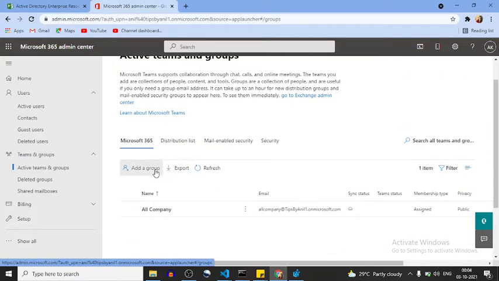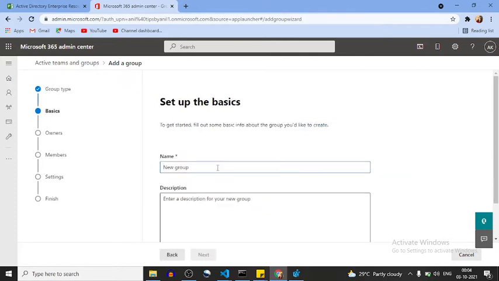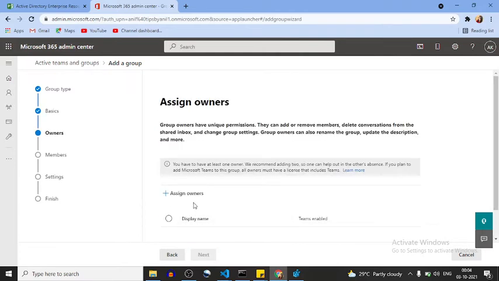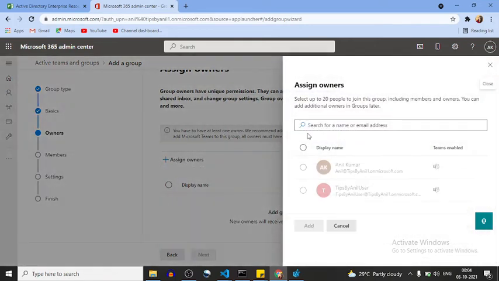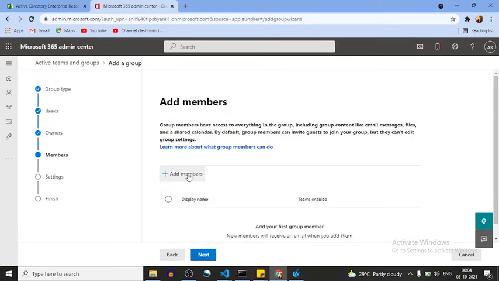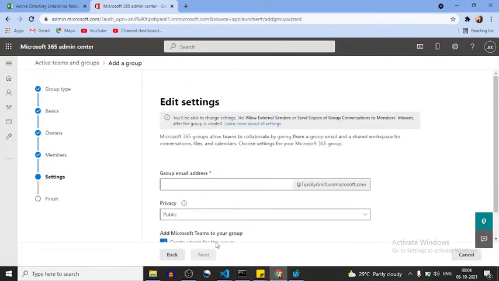Here I will create a new group, PWA users. Click on next. Owners, so who will be the owners? I will be the owner of this. Click on add, click on next. Who will be the members? I want to add the member as tipsynl, and both will be members. Click on next.